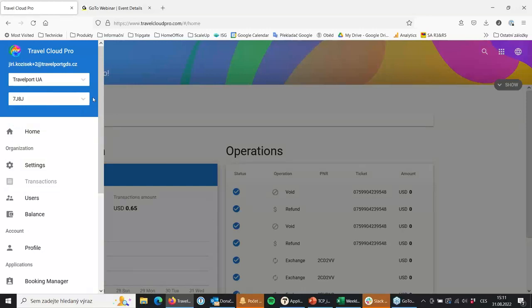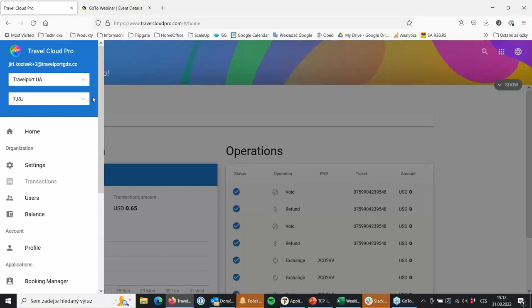Good to remember that one pseudo city code can be only under one agency. There cannot be 2 different agencies with the same pseudo city code, because it always belongs to one agency. You cannot have a single pseudo city code owned by different organizations, different agencies.